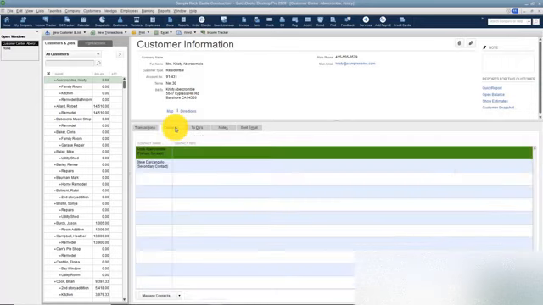The next tab over are your contacts. These are contacts that have